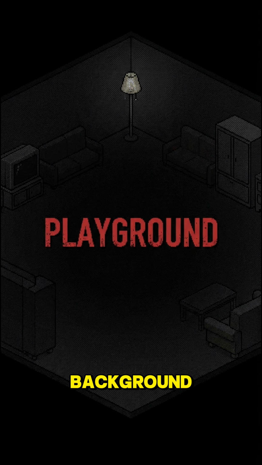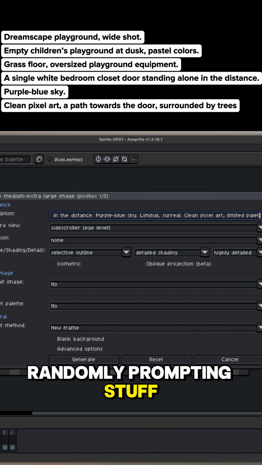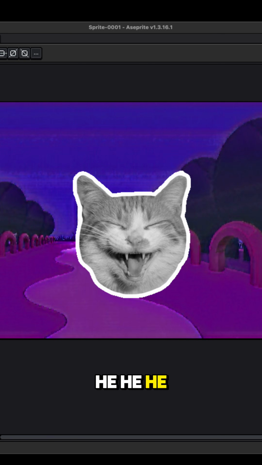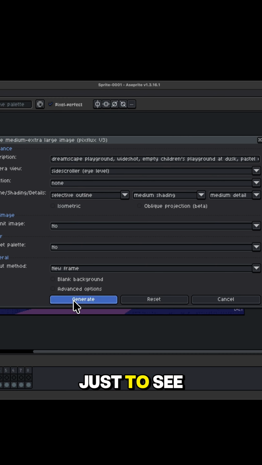another background. For the playground, I played around more with the prompting. It took me a while to get to where I wanted, but again, it's all about good prompting and having the idea in your mind. If you're just randomly prompting stuff, you might never get exactly what you want, because you don't know what you want. And of course, we can't move on without changing the settings a bit, just to see what else it